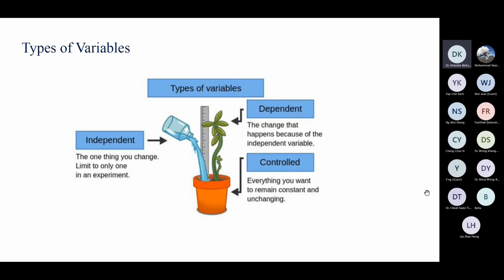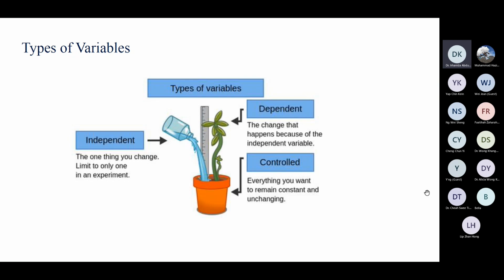The second one is the dependent variable, the variable that changes because of the independent variable. Take a look at this picture. We have the water, the plant, and the measurement scale.